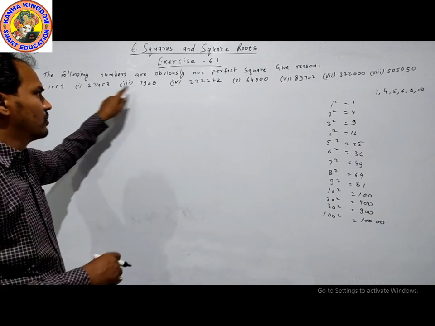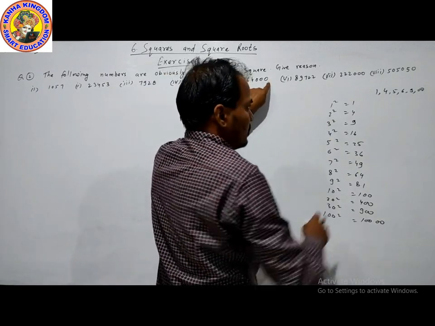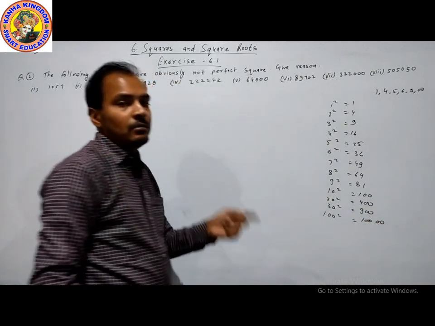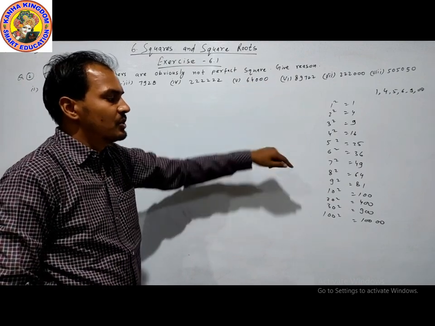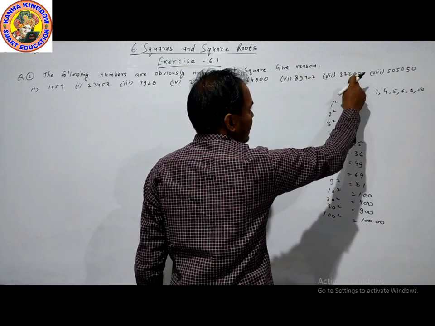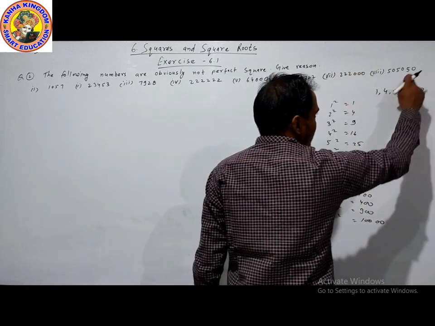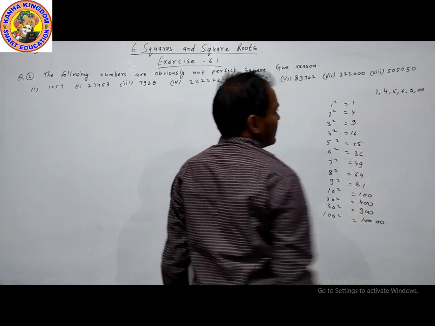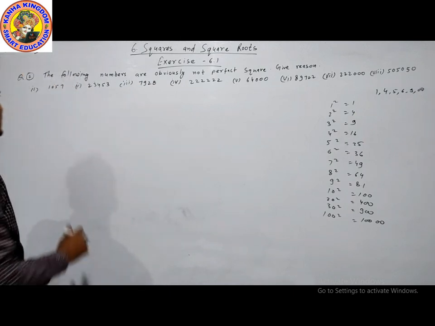3 is not included, 8 is not included, 2 is not included. Zeros come in even counts: 2 times, 4 times, 6 times, 8 times, not 3 times 0. So this is not a square number. Not 1 time 0 either; 0 always comes in pairs, 00. So these are not perfect square numbers.